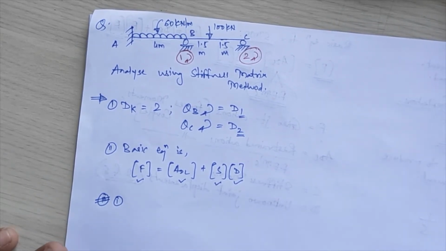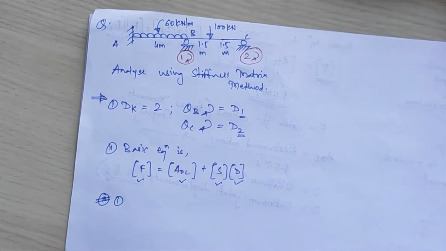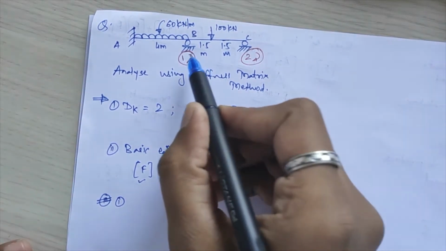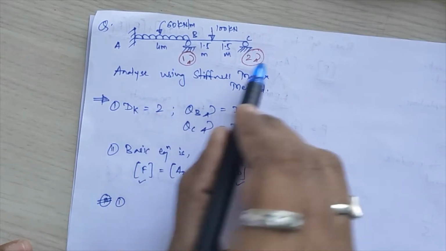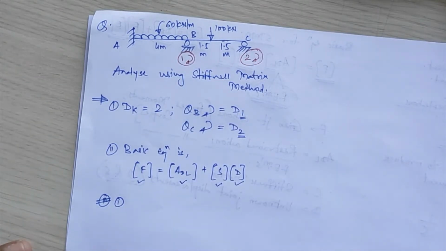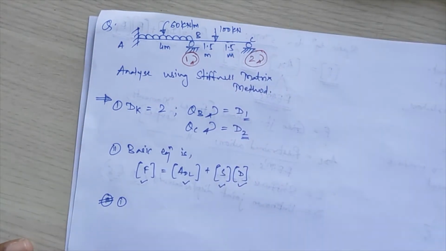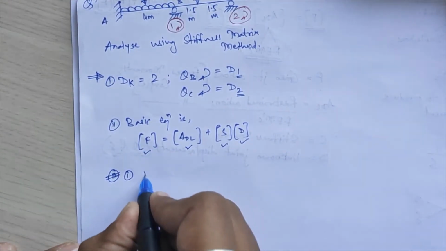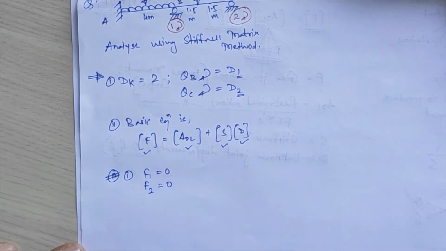What we were doing there was seeing the D matrix, that is, whether any external displacement is provided, such as a sinking support condition or not. Here, you have to see whether any corresponding force is provided at your first and second coordinate respectively. So here, is any external moment acting at point B or C? No, it is not acting. So your F1 value will be 0 and F2 value will also be equal to 0.